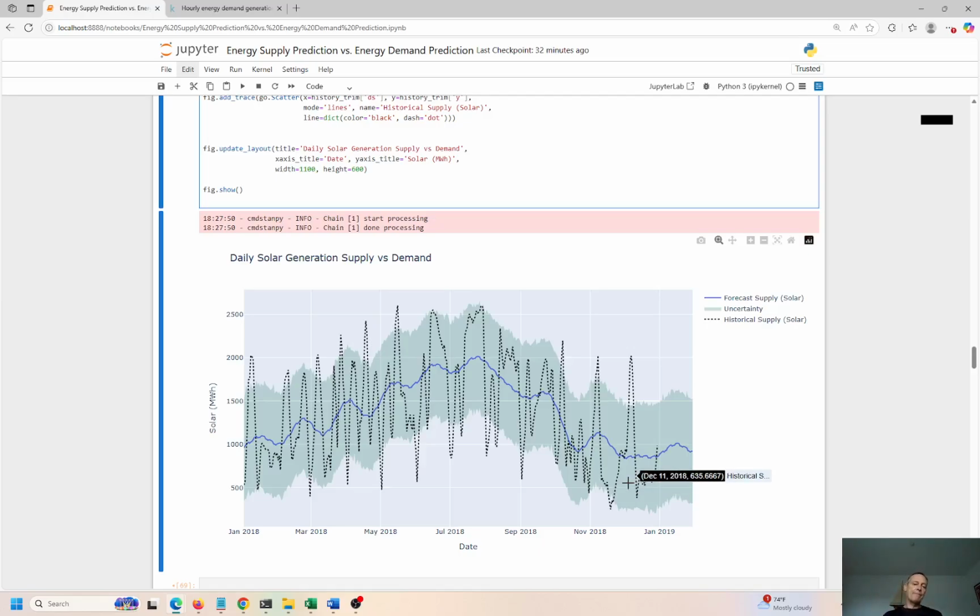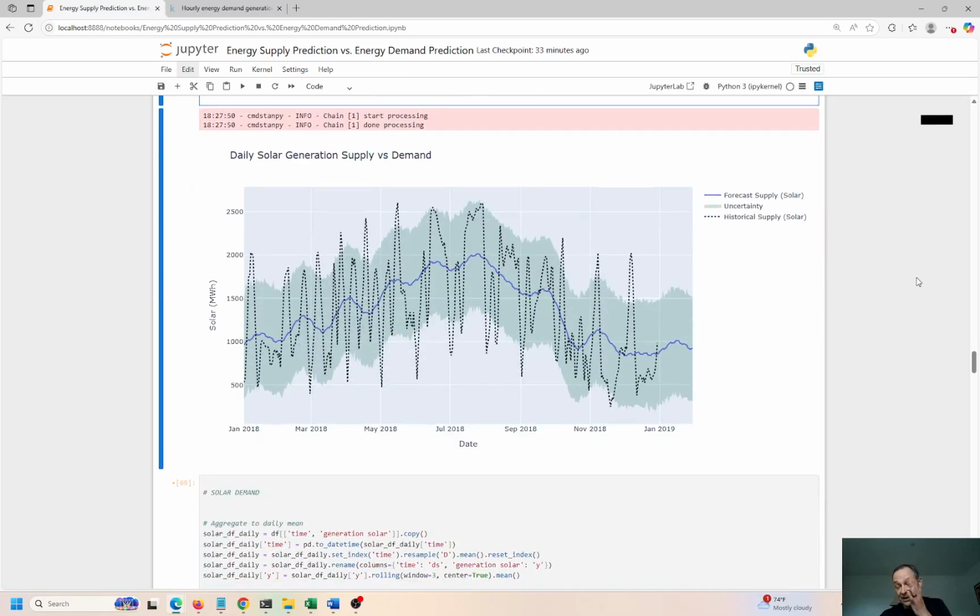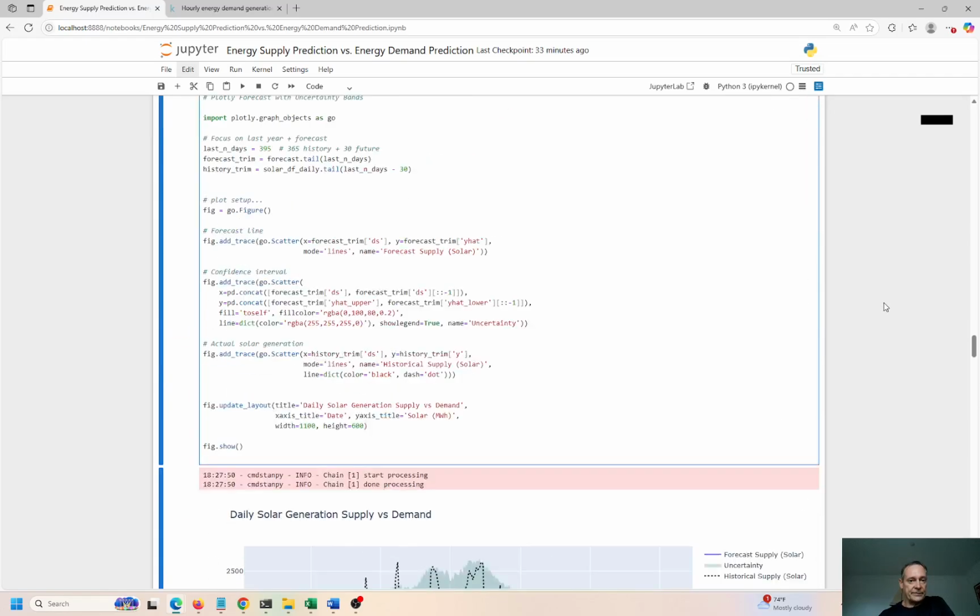So we have 1 year back, the past 2018, from January 2018 until the end of December 2018. That is the dotted line right here. The uncertainty, the upper and lower bounds, is the green, and the forecast supply for solar is the blue. And you can see we're forecasting from the end of December into January 30th or 31st. I forgot where it ended. I deleted that thing, that's fine. Until the end of January, 30 days into the future. Okay, so that is the solar